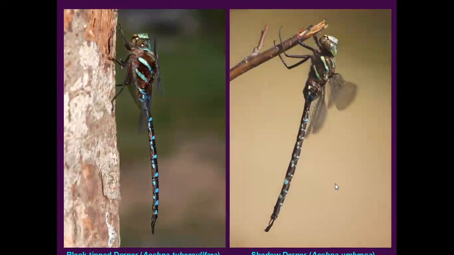And the black-tip darner and the shadow darner here, side by side, because they are quite similar. But if you look at the shadow darner's first thoracic stripe, it looks like a cane, an upside-down cane, or a hockey stick if you're looking the other way. Whereas the black-tip darner does not have a top break or curve in the stripe. So that's the main difference between the two. The shadow darner, as its name suggests, really does like to fly in the shadows. So it flies closely,